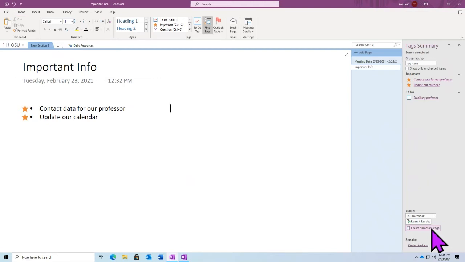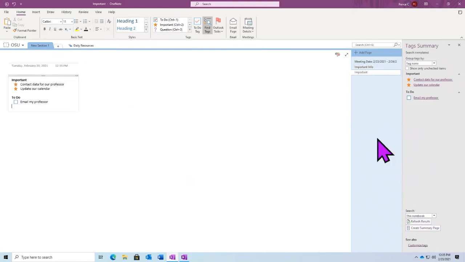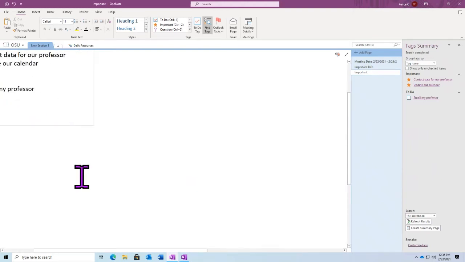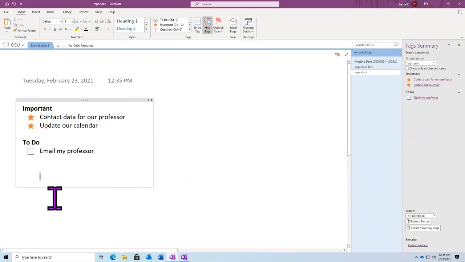And when we create a summary page, that will add a new page to our notebook with all of our tags listed here. Now, what's nice about this is that they're not just tags that are copied and pasted onto this page. These are actually links to the direct location in our OneNote notebook.